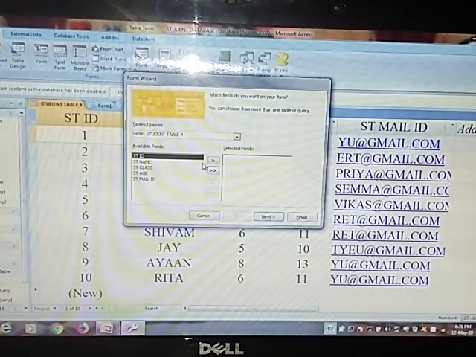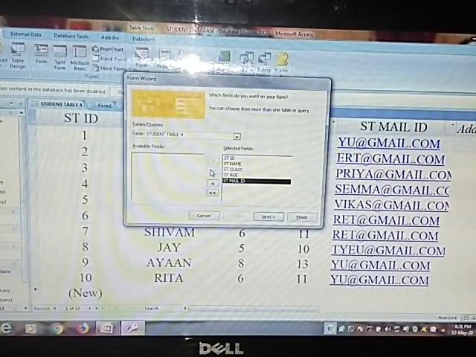Now move all the available fields into the selected fields one by one, like this. Single arrow means you can select one field at a time, and double arrow means all the fields are selected at once. After that, click on the Next button.